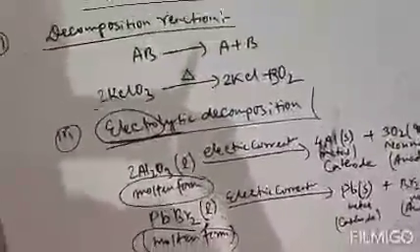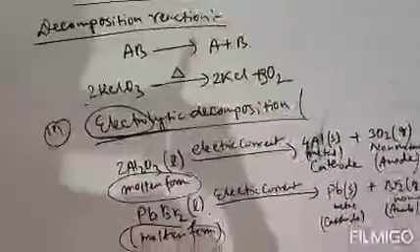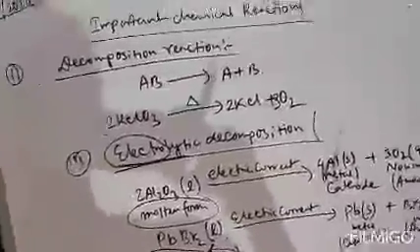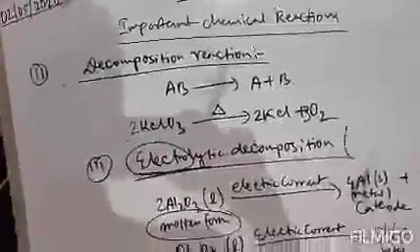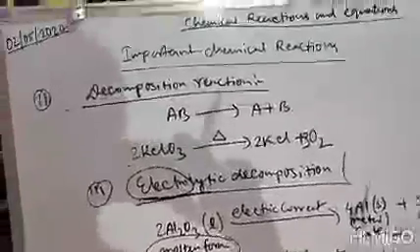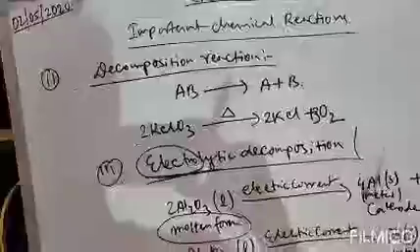The molten form can produce ions, that means positive ions and negative ions. When electric current is passed in molten form, the ions will act as carriers. That means ions can carry the charge or electric current. That's why molten form is taken, because if you take solid form or gaseous form, no ions are produced, and to carry electric current ions are required, and ions are produced whenever you take molten form. So molten form is to be taken if electric current is passed. Clear?